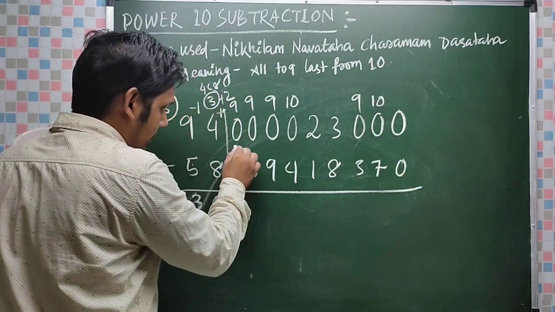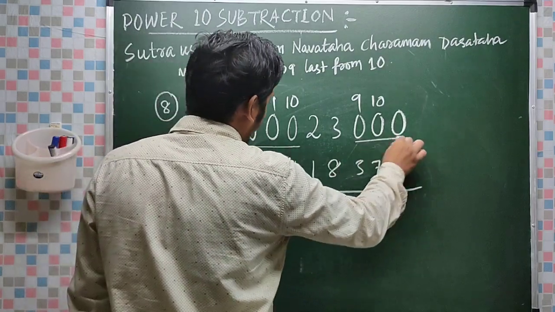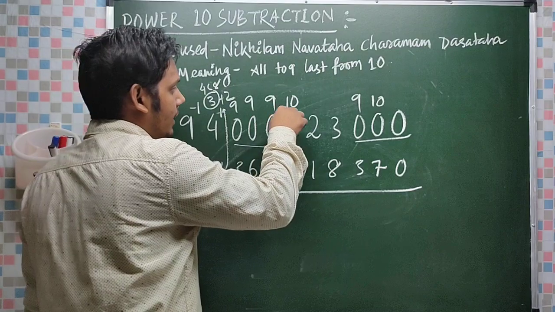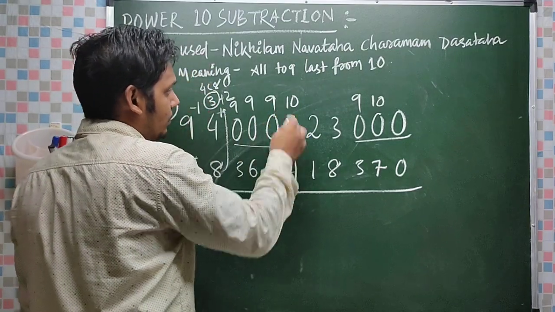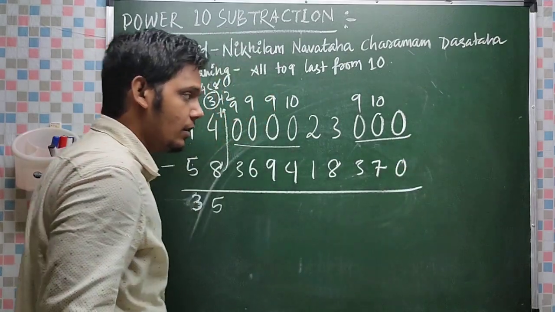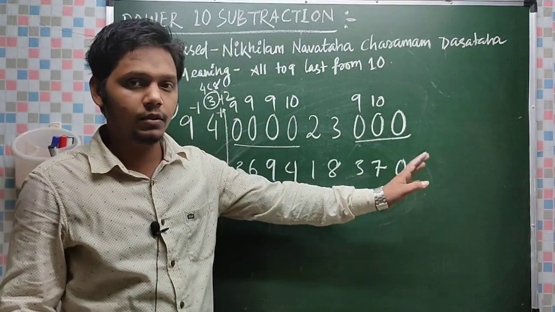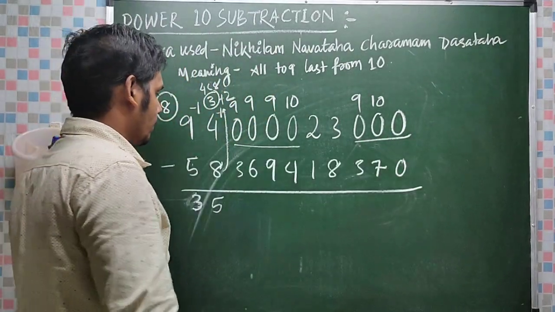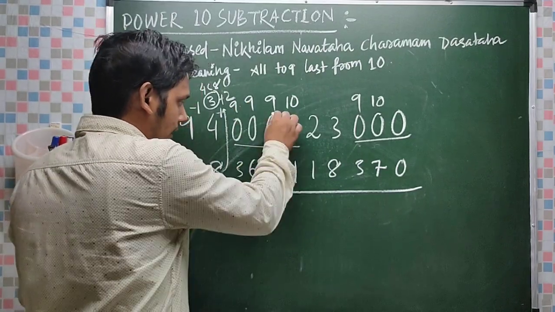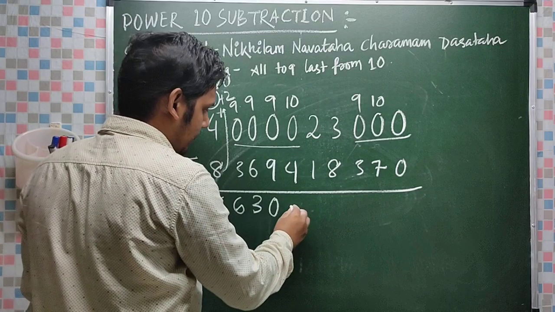You don't need to take 9, 9, 10 because 0 minus 0 is possible. So first series consists of 4 0, another series consists of 3 0. Here 9, 9, 9, 10, 3 9s and 1 10 I have taken, because 0 minus 0 is possible, you can subtract 0 minus 0. Okay. So 9 minus 3 how much? That is 6. 9 minus 6 how much? 3. 9 minus 9 is 0. 10 minus 4 that is